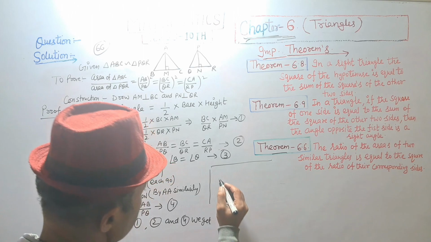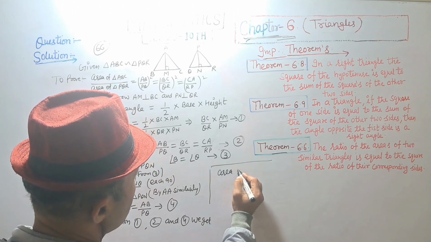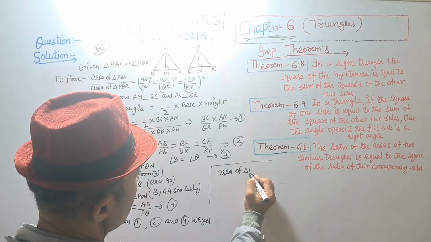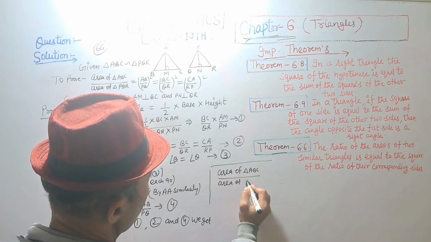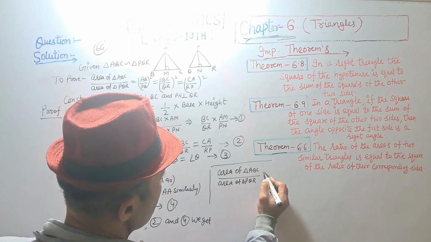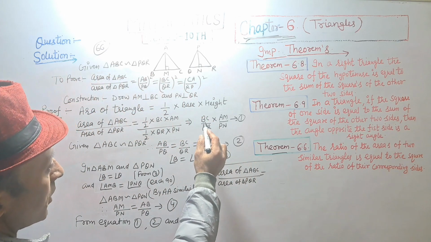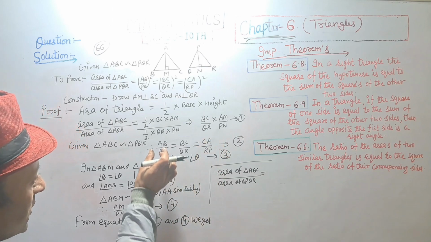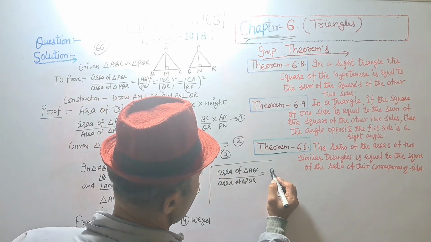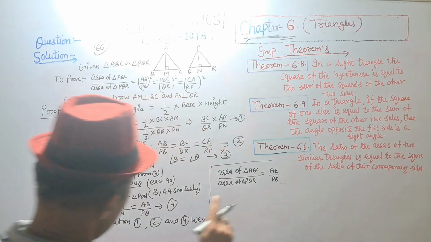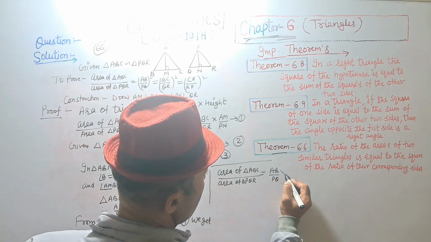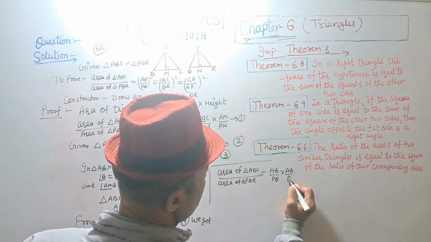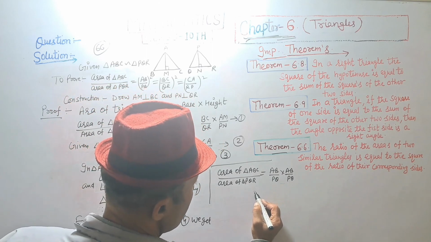We get area of triangle ABC upon area of triangle PQR is equal to BC upon QR into AM upon PN, that is AB upon PQ into AB upon PQ, and is equal